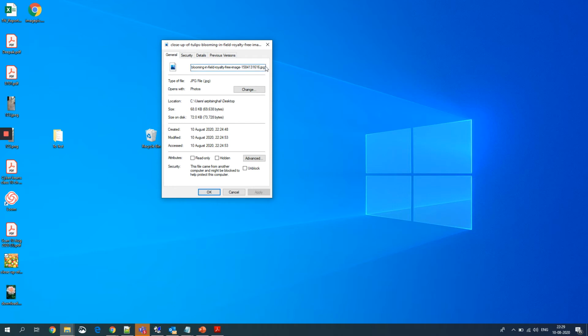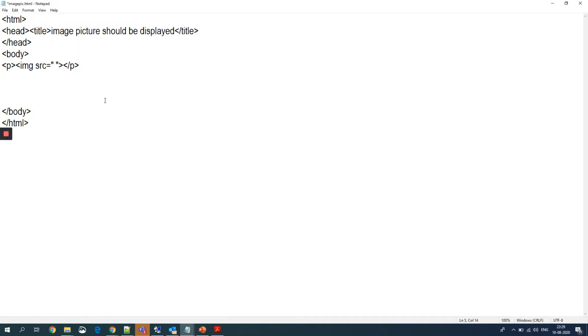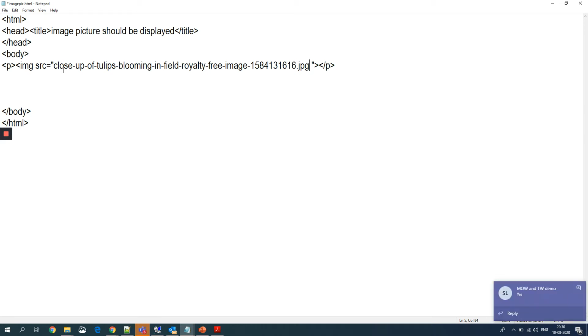So I will just copy this name, the complete name as it is, by using Control C, and then go again to my notepad file and paste it by using Control V. So as you see, I have exactly copied the name which is written there. Clear?